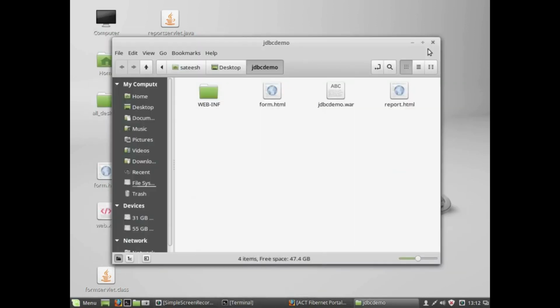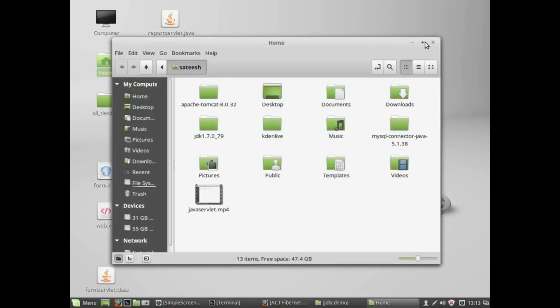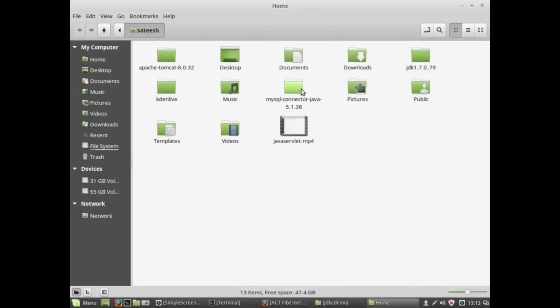Right. As I told you, in order to connect to MySQL using Apache Tomcat, I already mentioned that we need to set a classpath. The name of the jar file is mysql-connector.jar. This file has to be set as part of the classpath. Now we'll see where this mysql-connector.jar file will be available. Actually, this file will come with your MySQL installation itself. When you install MySQL on your computer, this file will be available in the bin folder.